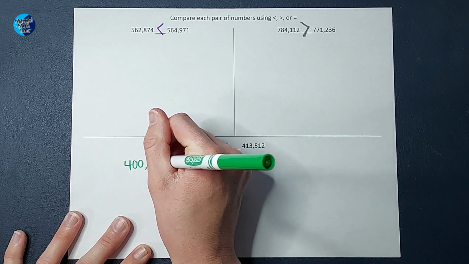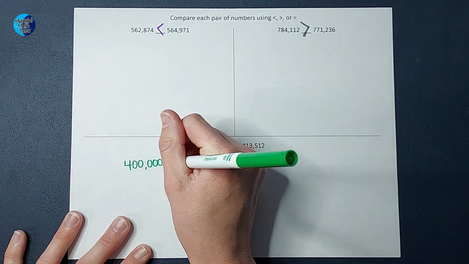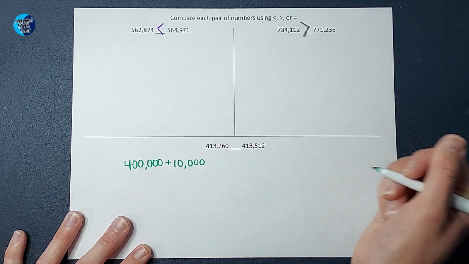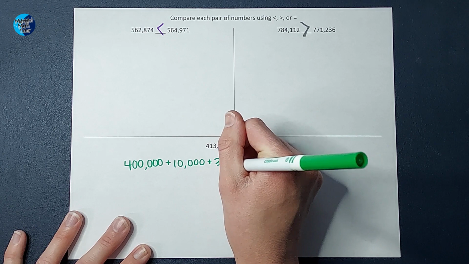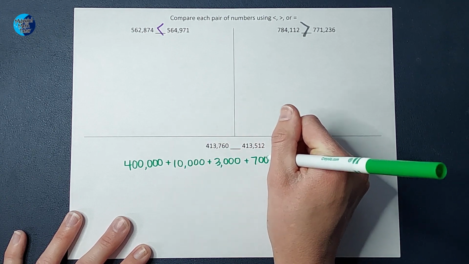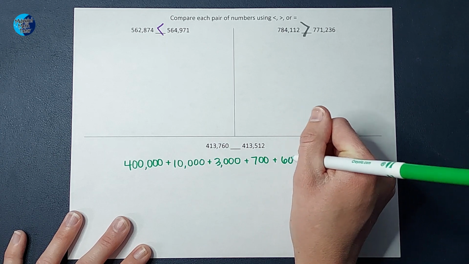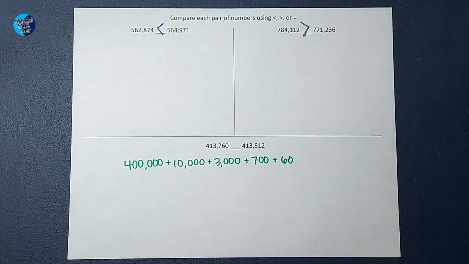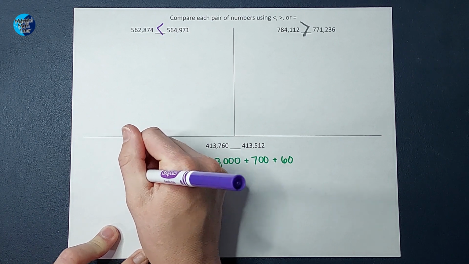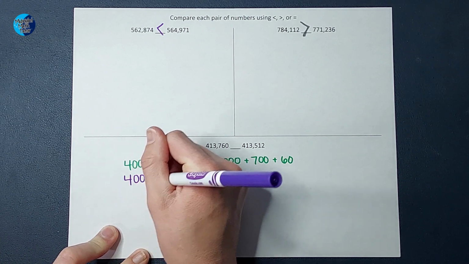400,000 plus 10,000 plus 3,000. See how I'm writing them by their place value? Plus 700 plus 60, and I don't have any ones. Now, hopefully your student has actually been doing this, so they might be like, oh yeah, I can totally do expanded form. And then we're going to write the other one, 400,000